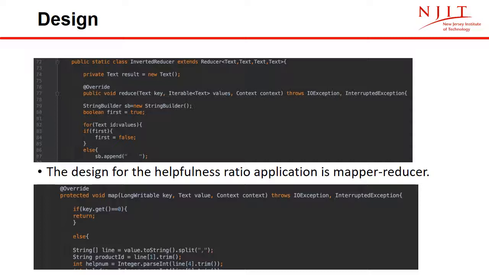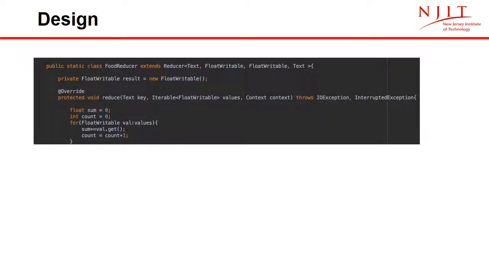Now this helpfulness ratio will tell the users who are planning to buy a particular product that these are the other people who have reviewed this product, and this is how helpful this review is. And I think it helps a lot because imagine you going through a lot of reviews and you don't know which one's genuine. So I think the helpfulness ratio helps a lot to identify that. Again, this is just the reducer function of the helpfulness ratio that I was talking about.